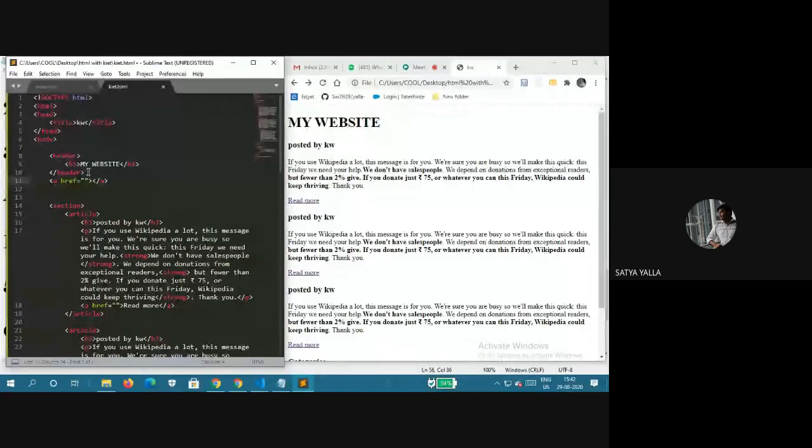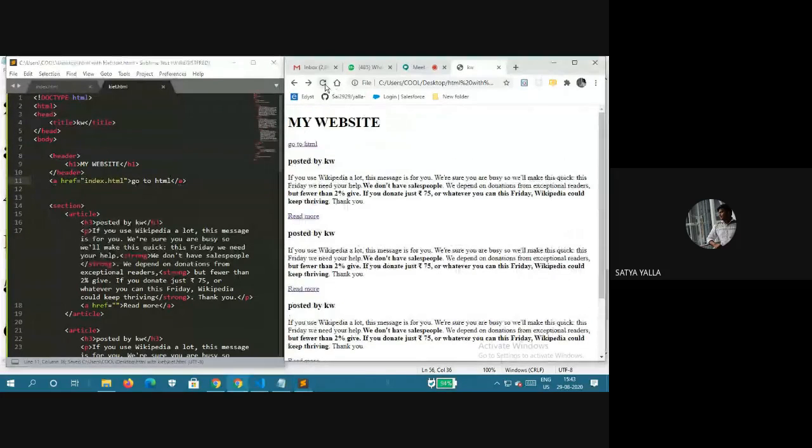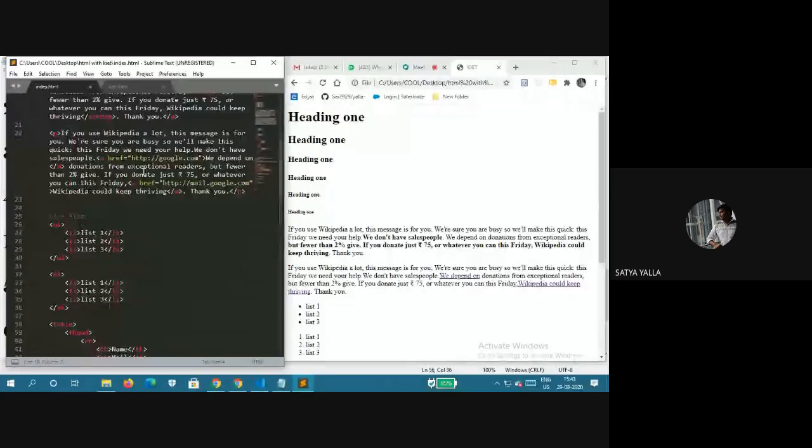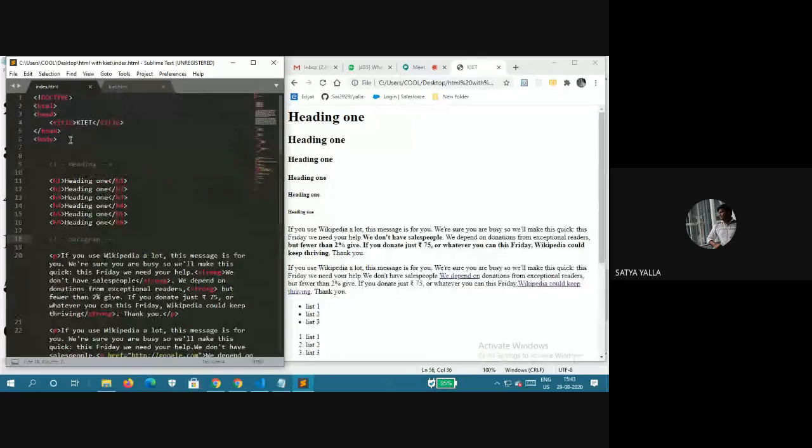I'm telling you, index.html, and here go to HTML. Control Z. Just see what will happen. Yes, it's given. Go to HTML. When you click this, it goes to our index.html.